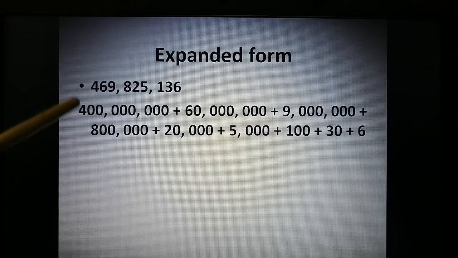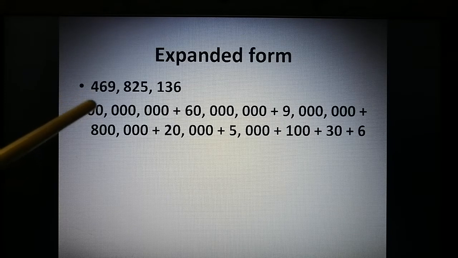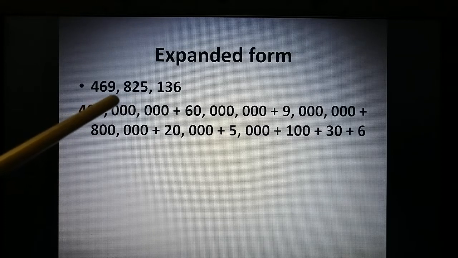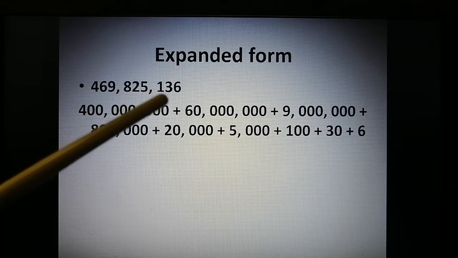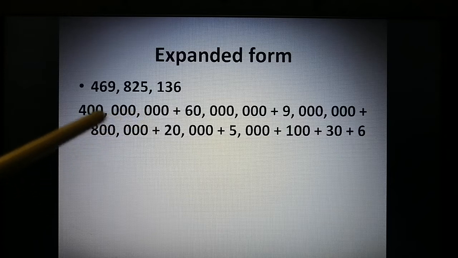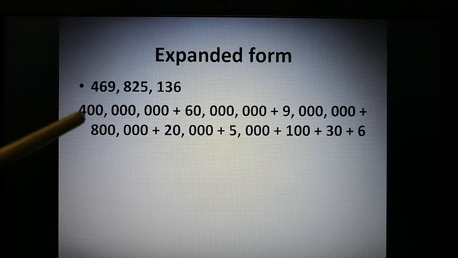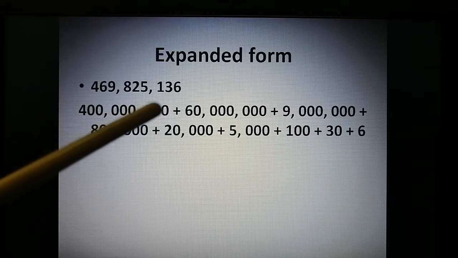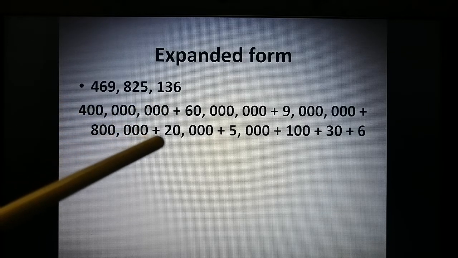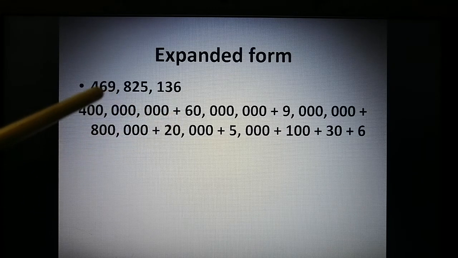So we are starting from the left side. So now I am writing first digit 4. And how many digits after 4? 1, 2, 3, 4, 5, 6, 7, 8. 8 digits after 4. So I am writing 8 zeros in the place of these digits. Understand? First I am writing the first digit, which is 4. And how many numbers after 4? 8. So I am writing 8 zeros in place of these numbers. Next, plus.